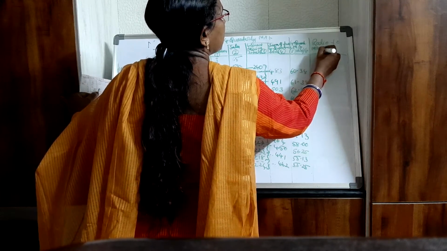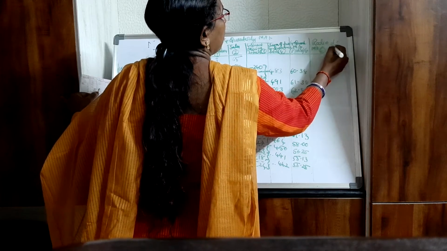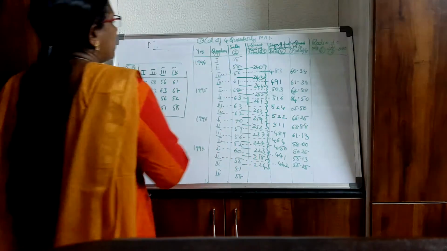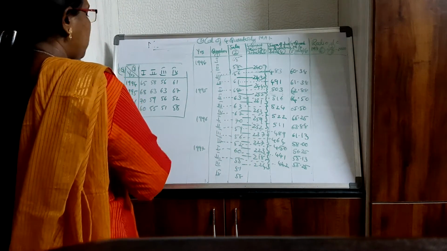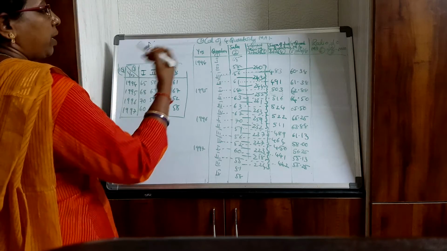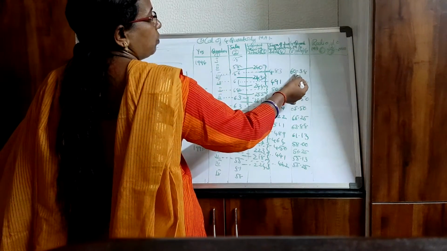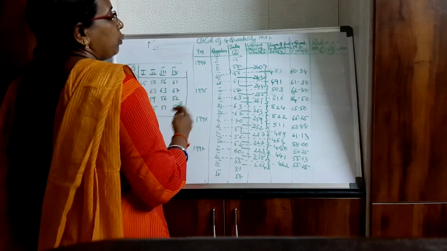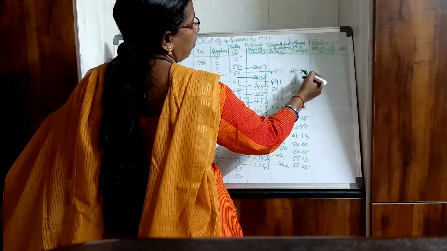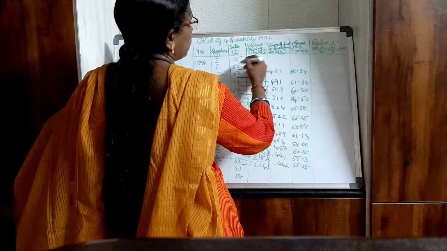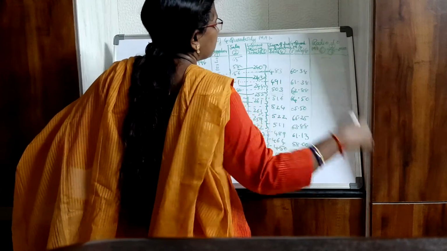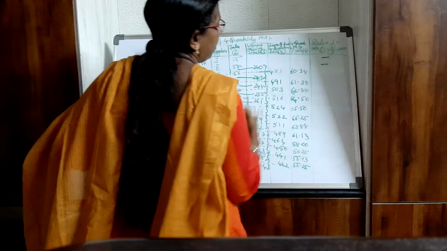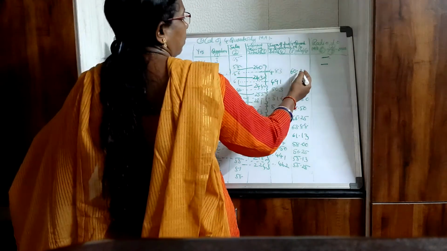So this is column 6, which is equal to column 2 divided by column 5 into 100. That means original values, whatever values are given to you in the problem, that value divided by the moving average which you have calculated, that value into 100. So here for the ratio to moving average value, because you don't have moving average for the first 2 values, this will be blank. So for the first year, first quarter and second quarter value will be blank. From third quarter onwards you calculate.